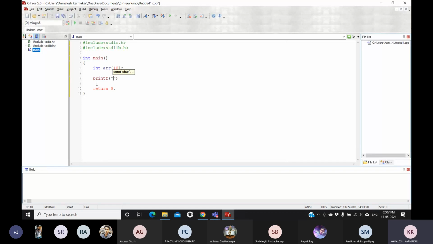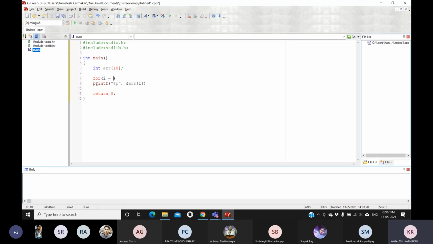So I will print the address, so it will be percentile p, address of ARR I. I want to print the address of ARR I, so I will include it in a loop.